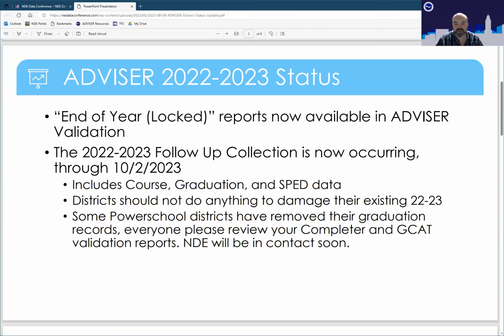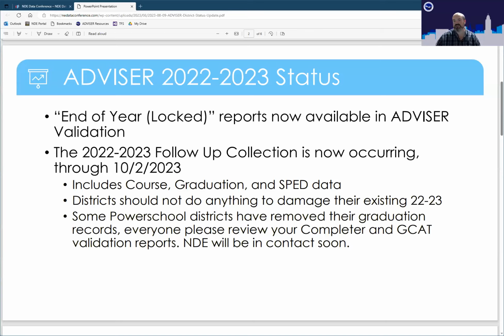We have run into just a handful of PowerSchool districts though that seem to have removed their graduation records. Just reviewing that data, I noticed there's a handful that had 0 or 10% graduation rates. So everyone, please review the completer report, the GCAT report in 22-23 in Advisor Validation. The cohort rate you see there is what we will lock in.